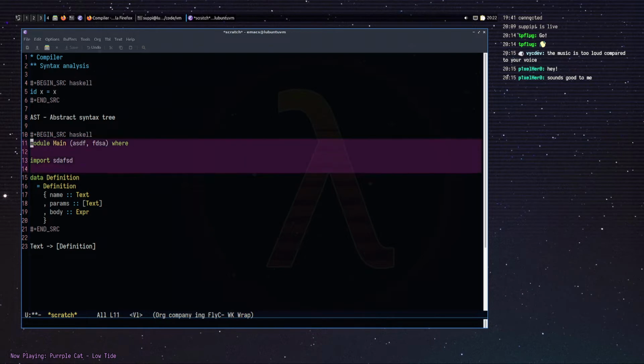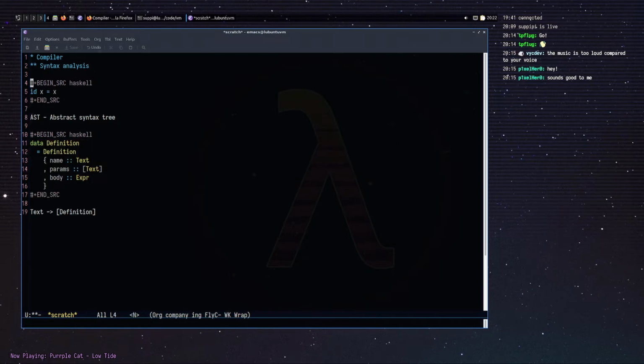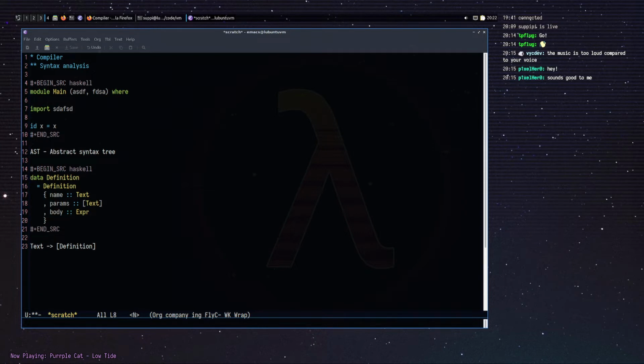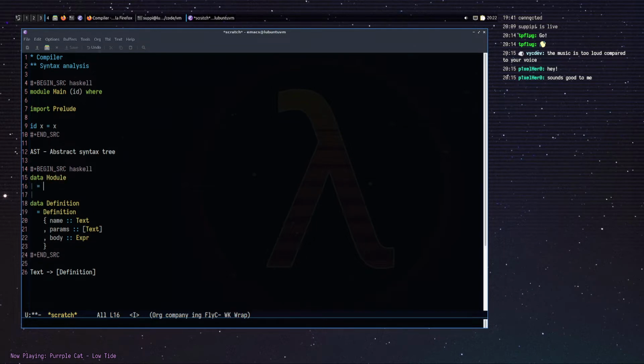So if we write this, for example, as our source language, actually, let's go with the load, and let's expose id, for example. So let's try and define some sort of a data type to represent this. So we can say that this is a module, and this module has a name,